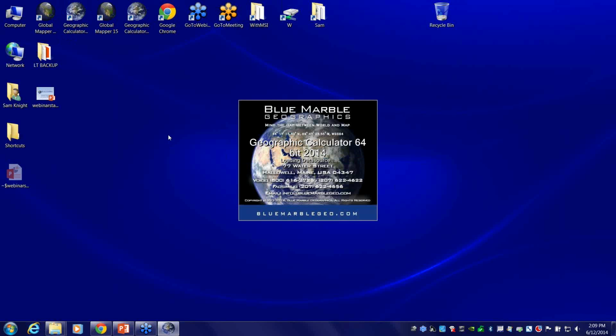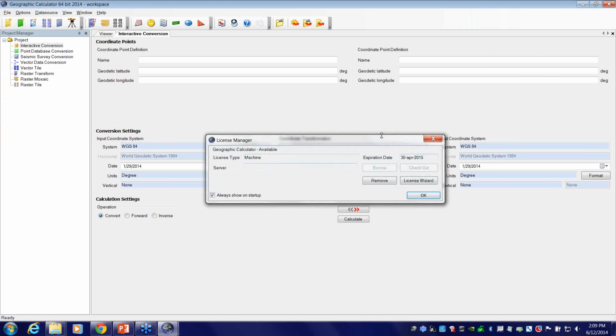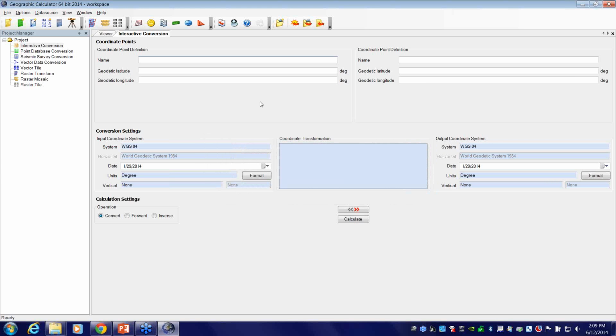And this is actually a completely fresh install. I just installed this morning. I'm working on a brand new laptop today, so I don't have any of my usual settings in place. As usual, my license manager pops up on startup, and you can see I've got a completely fresh installation of the calculator. So the first thing we're going to take a look at